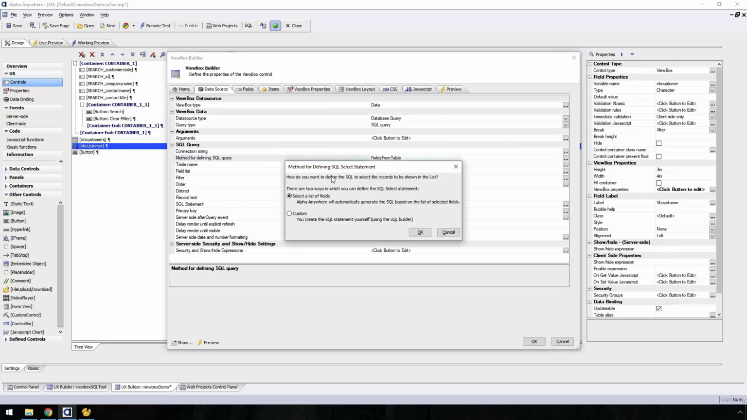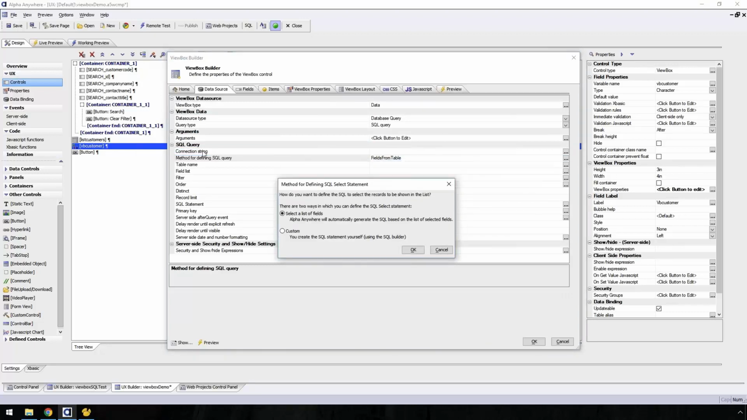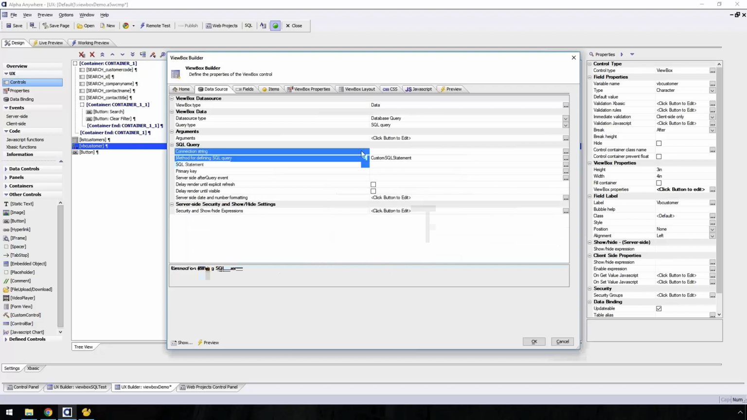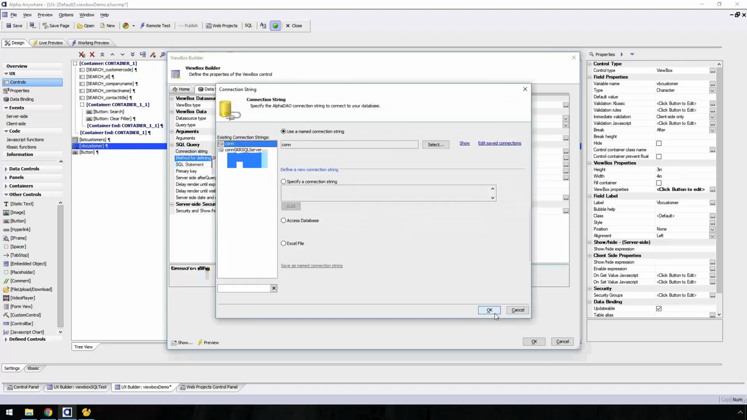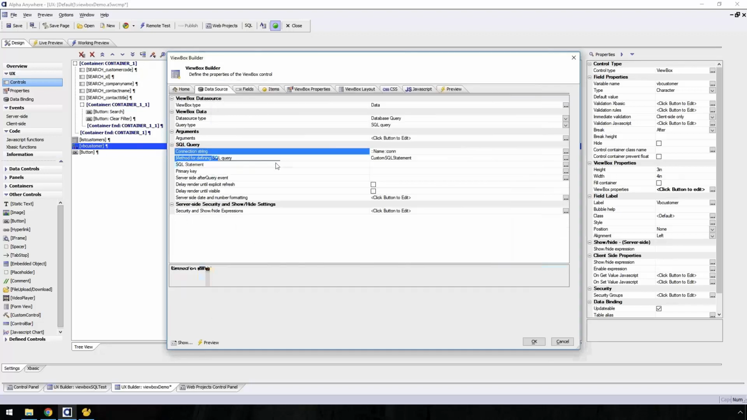You'll notice that I have two ways. When I define my SQL, I define my connection string. I have two ways to do this. I can either select a list of fields, which will show me table name and field list, or I can create custom. And now in this SQL statement, let me go ahead and grab my connection. In here, I can actually do exec SP123 and then pass it arguments,